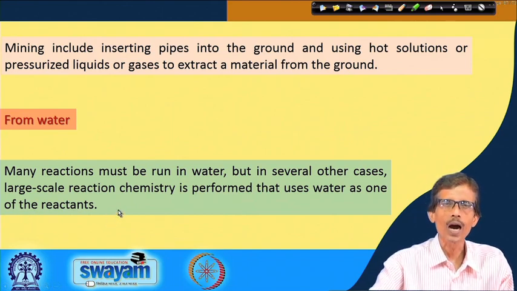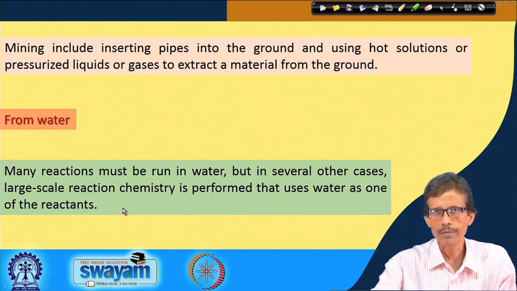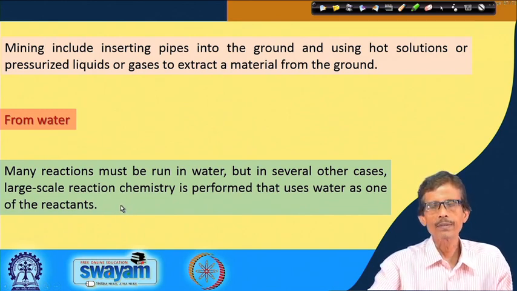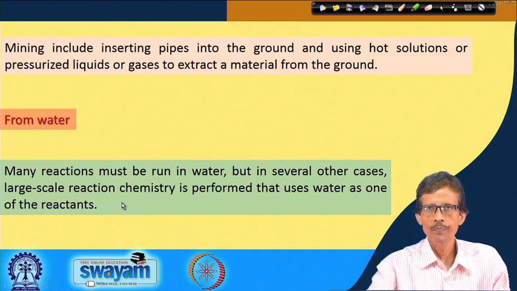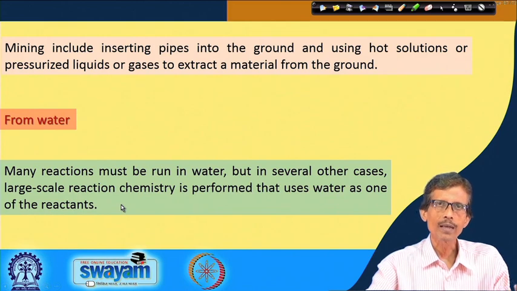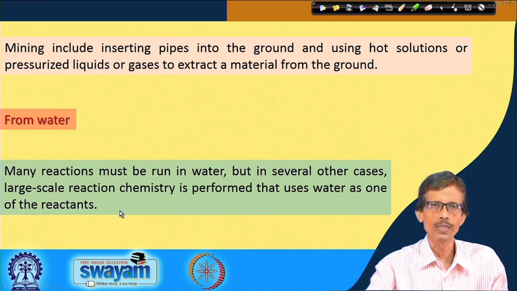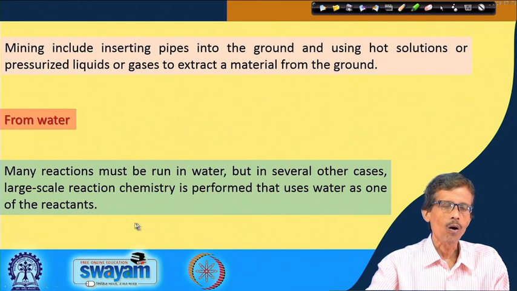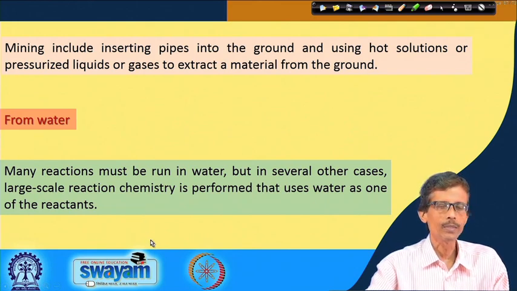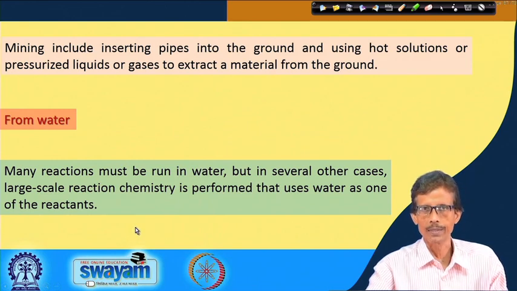Just now we have seen how sulfur can give you sulfur dioxide, and that sulfur dioxide can be converted to sulfur trioxide, and then utilization of water with that sulfur trioxide gives us sulfuric acid, the concentrated sulfuric acid, a very useful material for industry. So, this is the use of water as one of the reactants. In all these cases we will see that water can be utilized as one of the reactants.